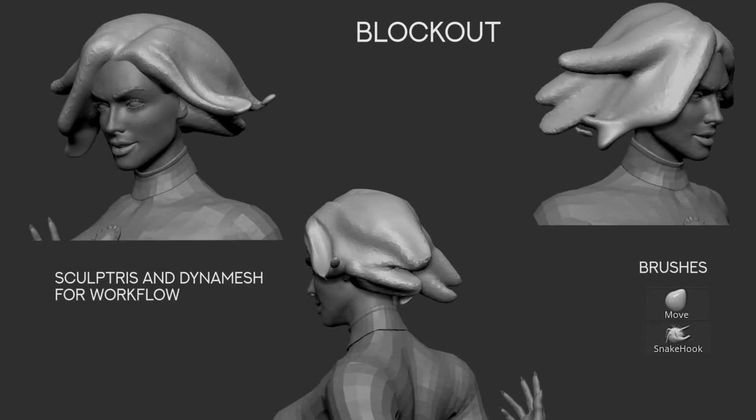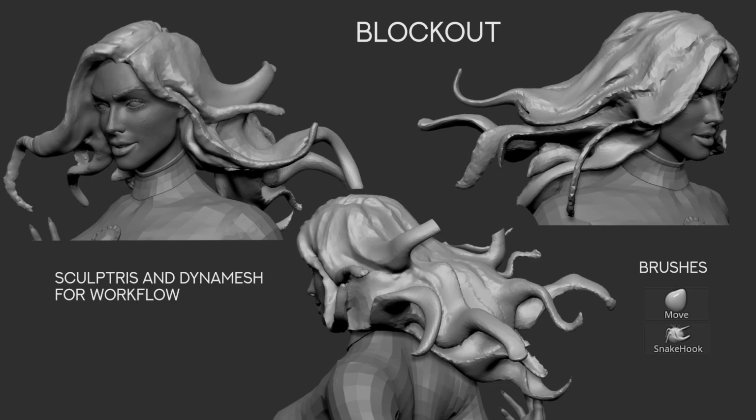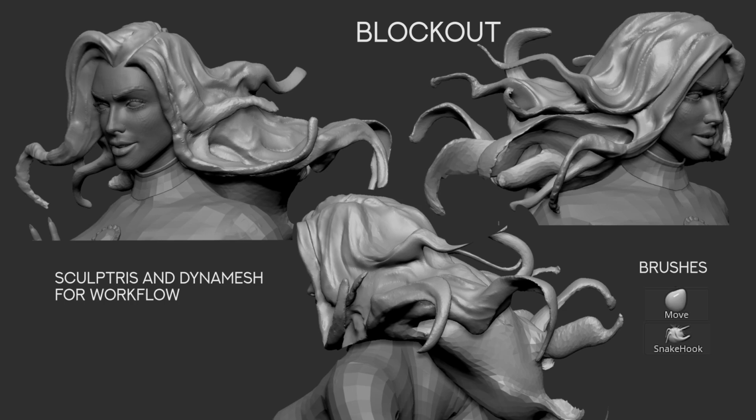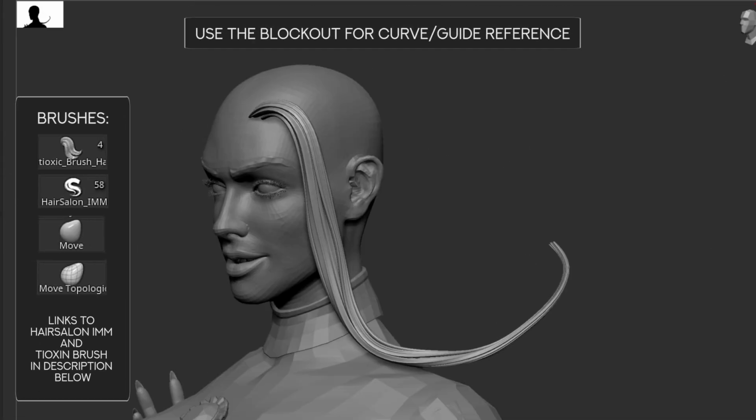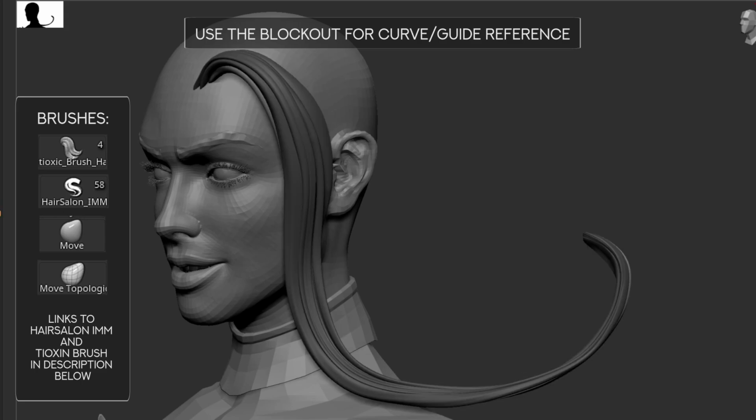First, I take a sphere and I make a block out. First turning it on Sculptris or Dynamesh and using Snake Hook to get my block out and overall shape of the hair I want to make. Once I have the overall form, shape, silhouette, and contours that I'm looking for in a hair sculpt, I'll use that